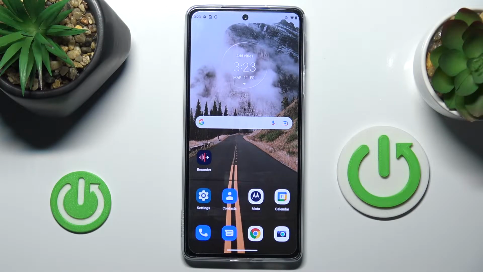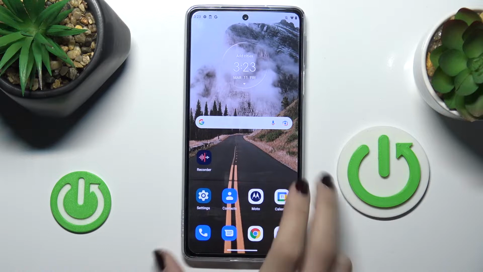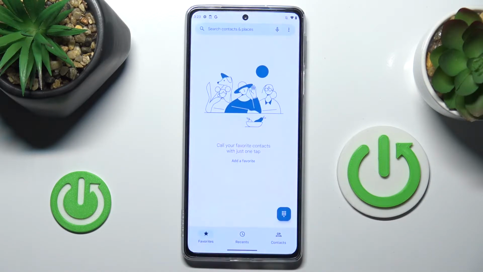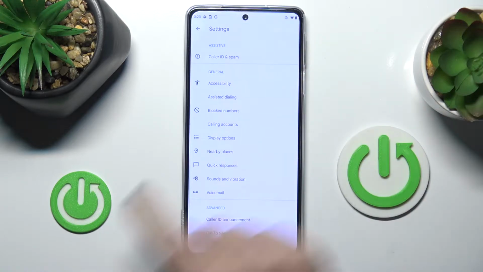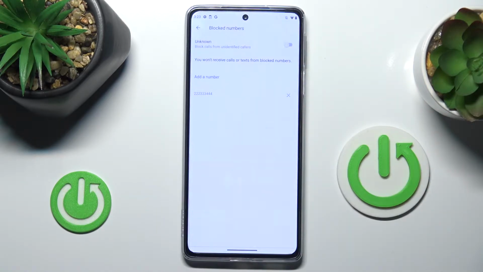In front of me is Motorola Edge 30 Pro, and let me show you how to block a number on this device. So at first, open your phone dialer, tap on More icon and select Settings. Here find and click on Block Numbers,